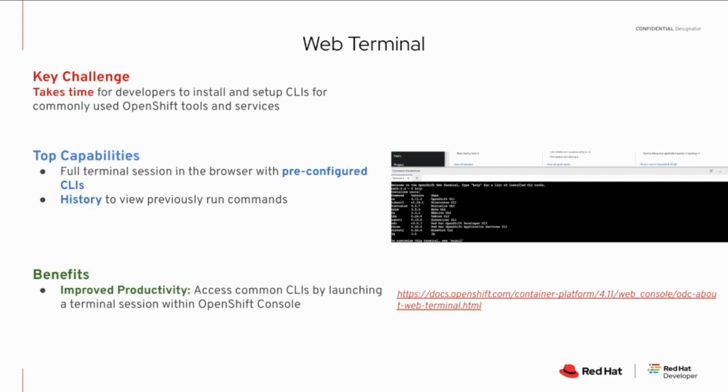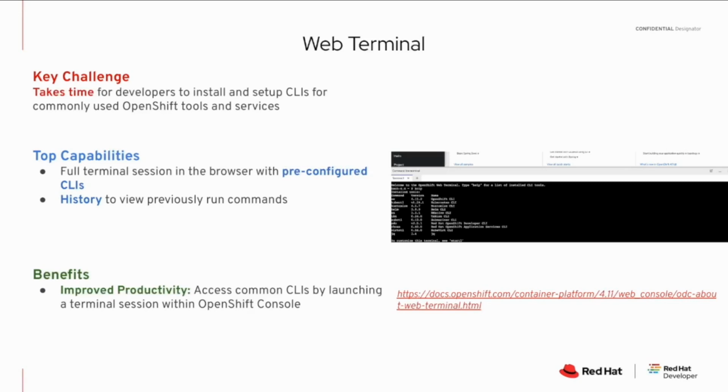One of the things we also have is something called a web terminal, which allows you to take a look into what's happening on that cluster for your applications directly from a CLI. So right now, if you want to do this, you have to go set up all the CLIs on your private machine. You have to have the connectivity, the secrets, tokens, all that, so you can connect into it. But this way, you just go into Kubernetes, you just go into OpenShift, and just launch the web terminal. And you get preloaded all of these CLIs. You get a history of previously run commands, and you just start using the tooling.